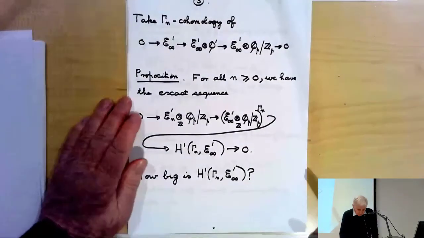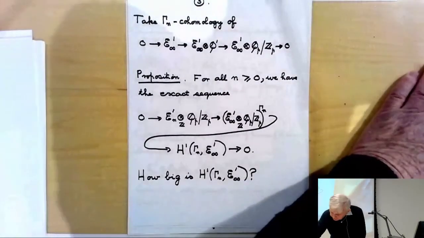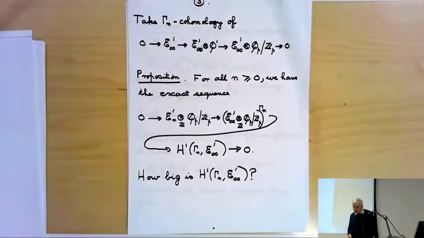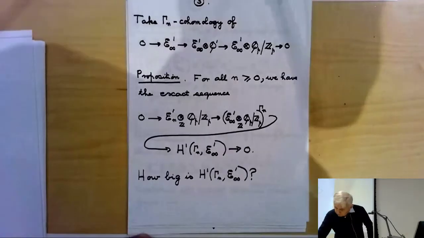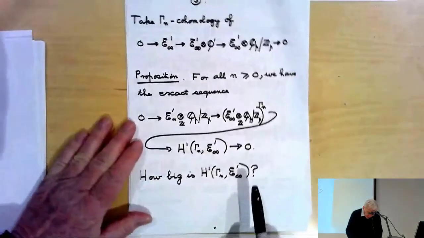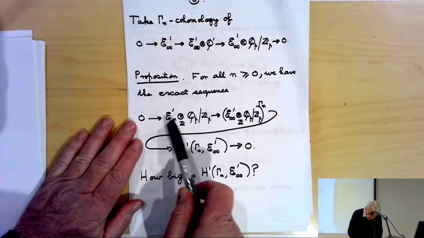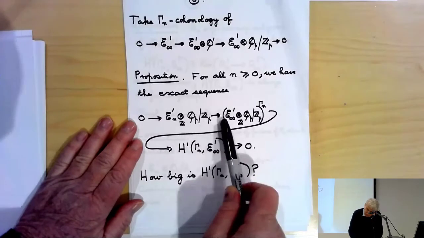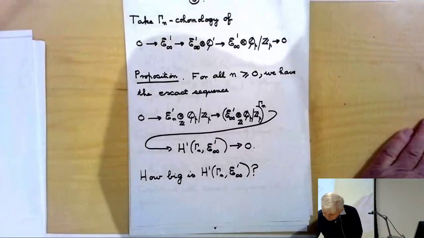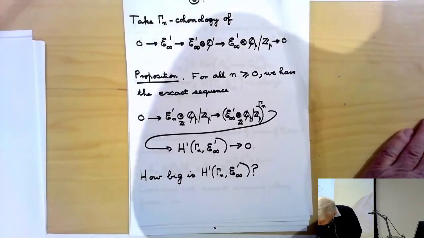And so if we now go back and take the gamma n cohomology of this exact sequence here, you get, and then you use both these facts here, you see straight away that you end up with the exact sequence. Naught goes to En prime tensor Qp mod Zp. That comes from the gamma n cohomology of this,